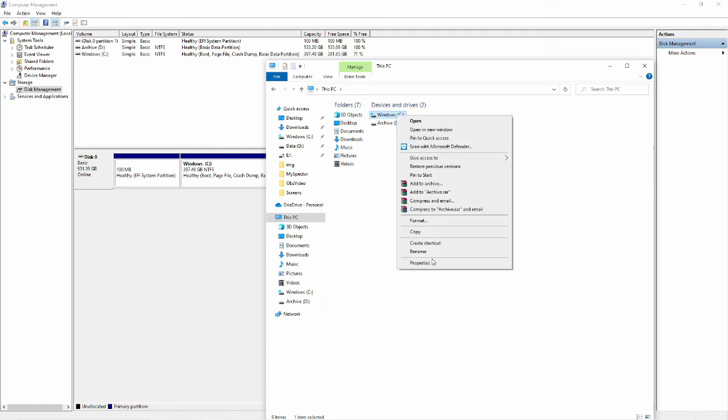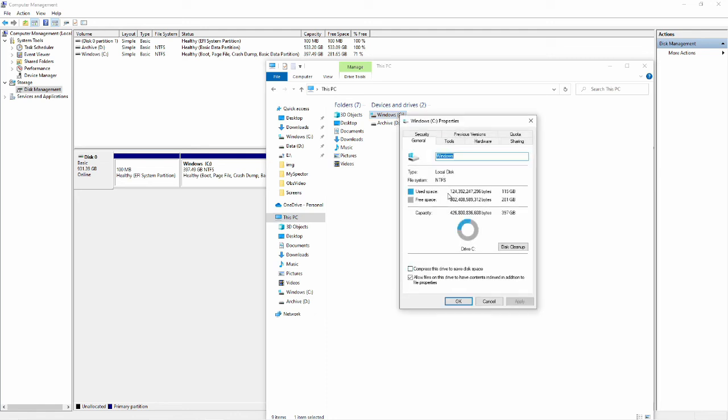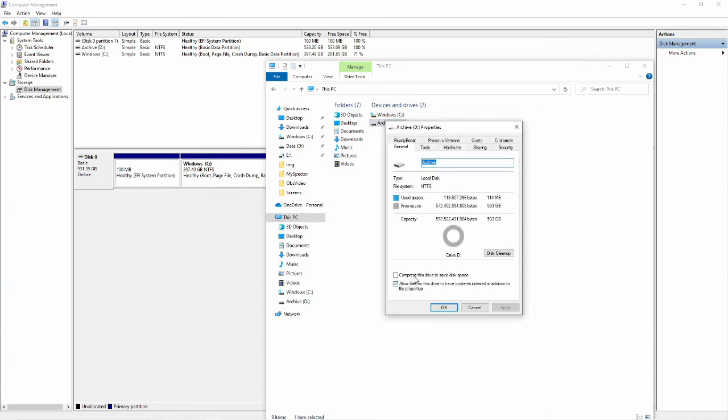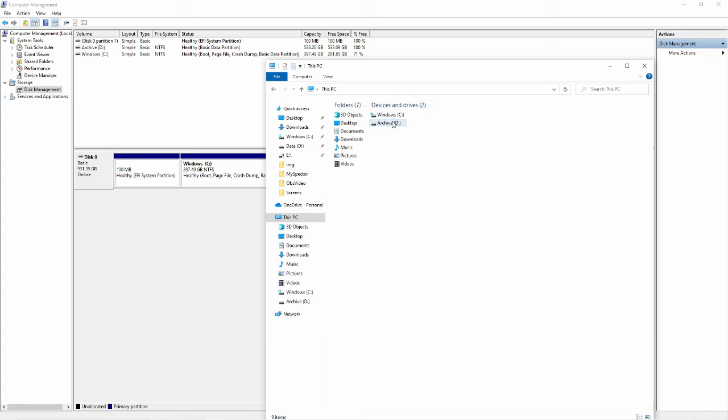The C drive properties has a capacity of 400 gigabytes, which is nice, and I consume not a lot. And here in properties, I have now 500 gigabytes totally available for my archive, and to put some stuff with the NVMe SSD technology. So this drive will be very fast with a lot of data.